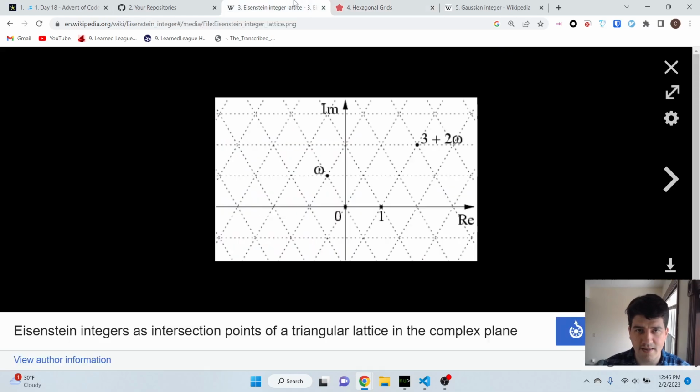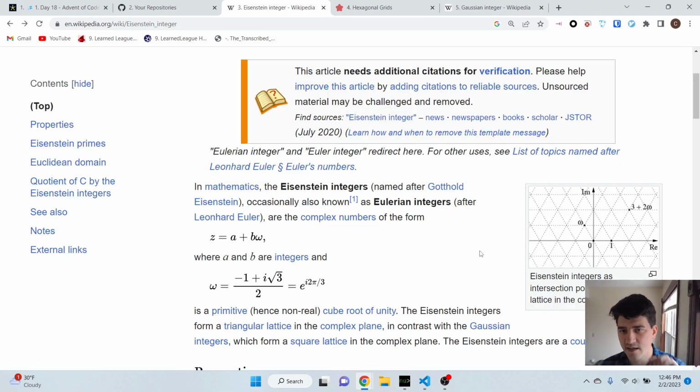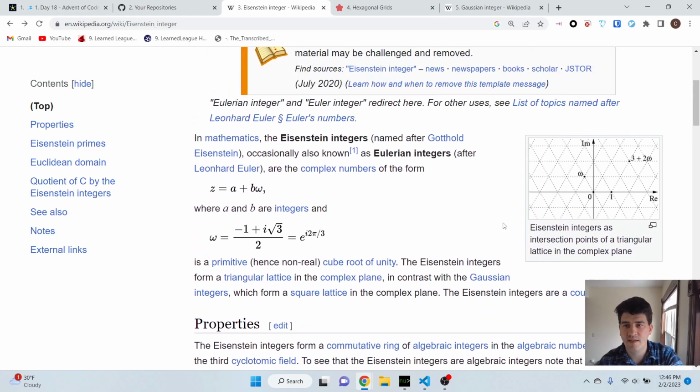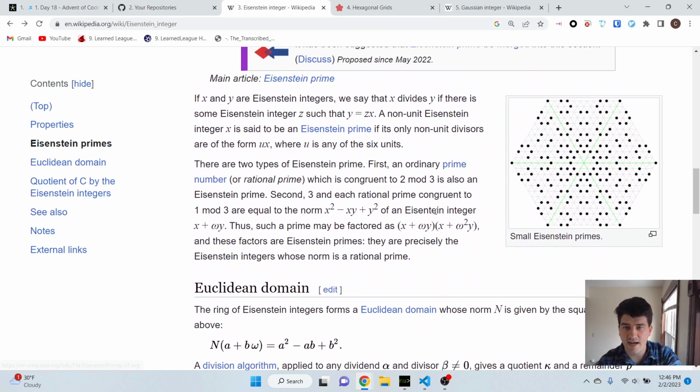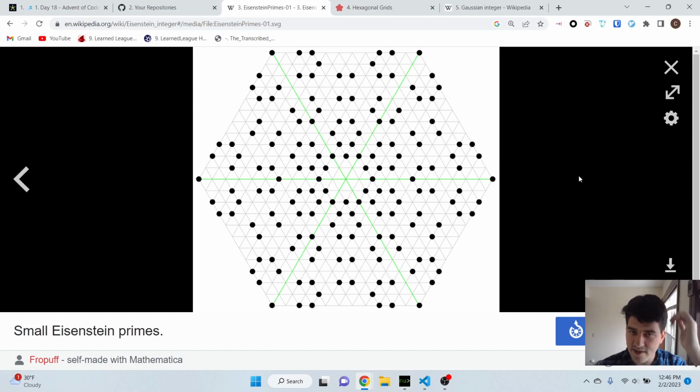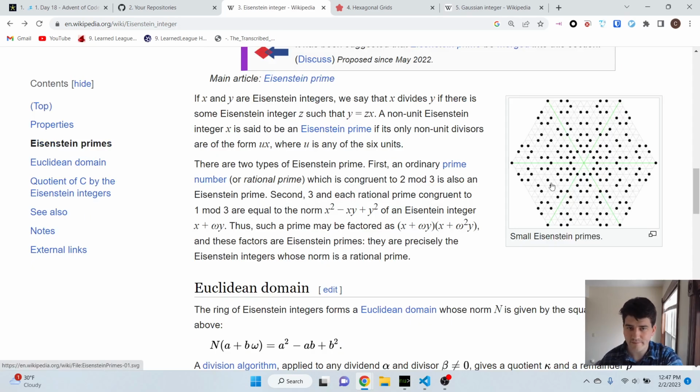And so I have a hypothesis, and I've really not tested this. I looked at this morning. I was reading about Eisenstein integers because I could basically only remember the definition. I couldn't remember anything else about them. And I actually saw this picture, which are small Eisenstein primes. So these are the prime numbers in the Eisenstein integers. And I saw this hex, and I thought, man, I bet there's a really nice characterization and way to navigate hexes using Eisenstein primes. So that's what I want to look at today.